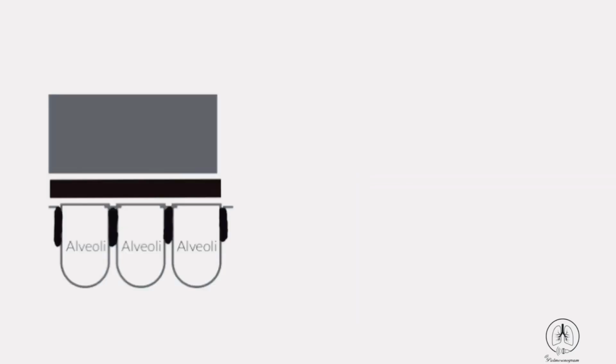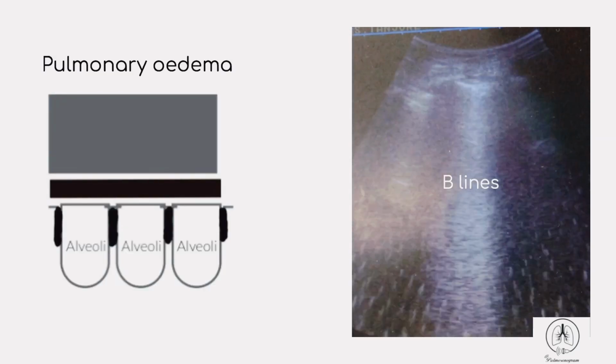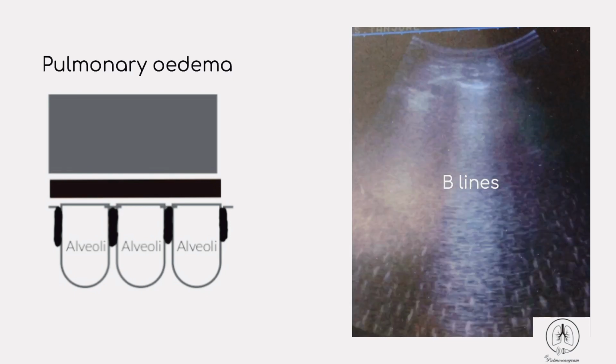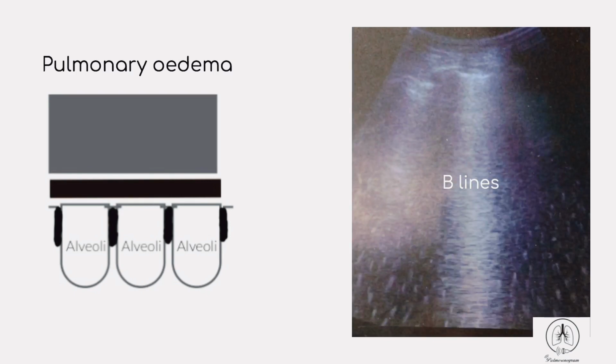Consider pulmonary edema. The interstitium is filled with some amount of fluid. The air fluid ratio of lung is reduced, or in other words, the water content of lung is increased. The lung is kind enough here to allow the ultrasound beam beyond the pleura, but because of the air fluid mixture of alveoli and interstitium, the beam will bounce to and fro between the interstitium and the transducer. It will produce another artifact called B lines, which are vertical.